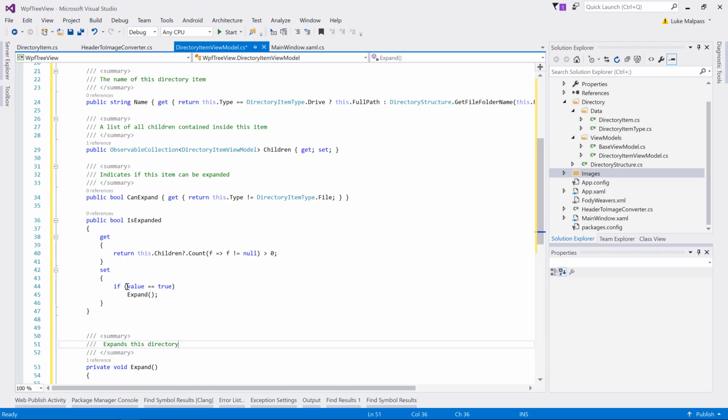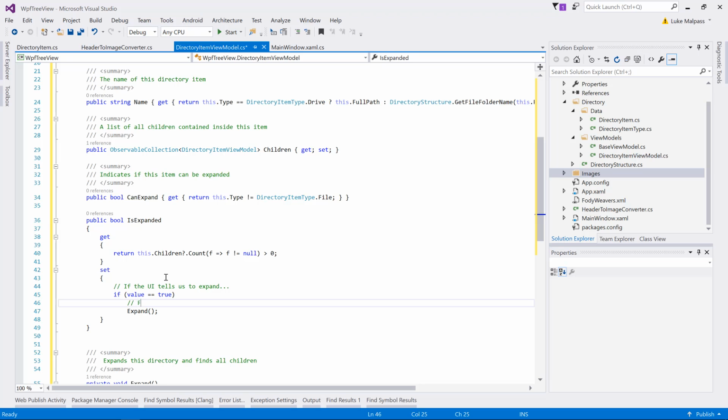Expands this directory and finds all children. So if the UI tells us to expand, find all children,